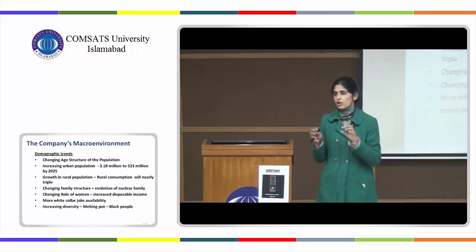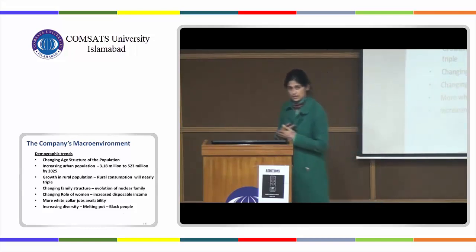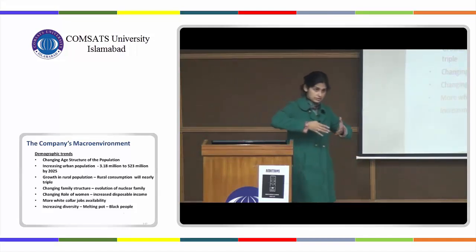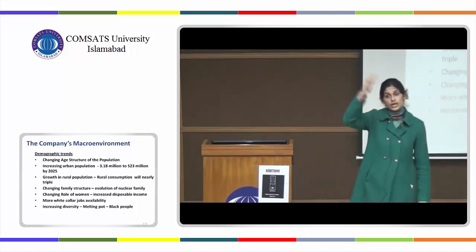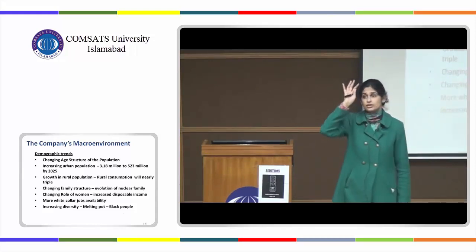So you don't have all the other elements of the traditional family system in it. So we're moving from the traditional family system to the nuclear family system here in Pakistan, right? But in the West there are other types of family structures as well. You have single parents, you have divorced parents, you have other types of